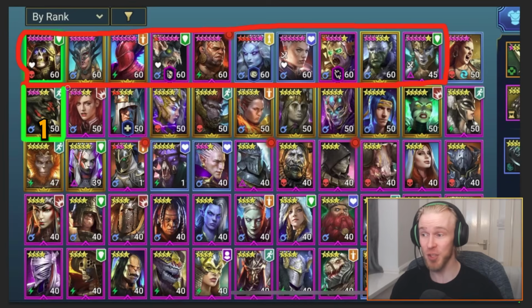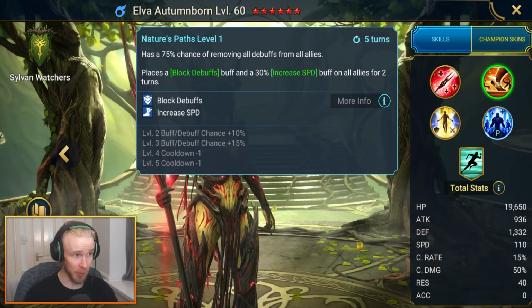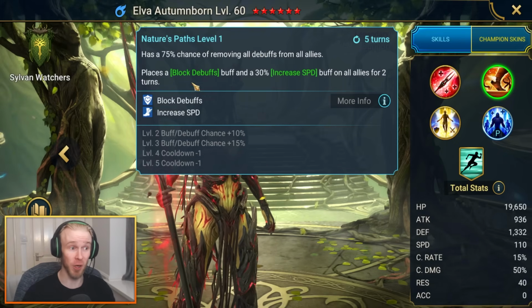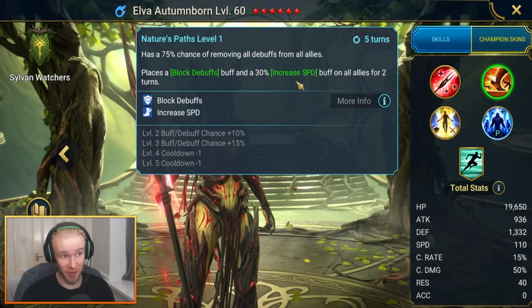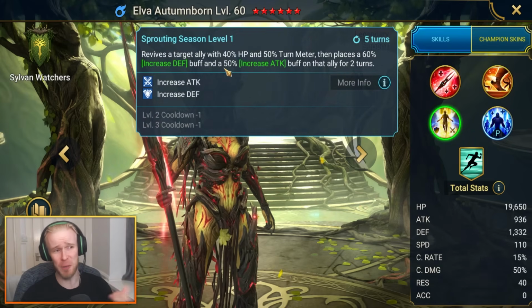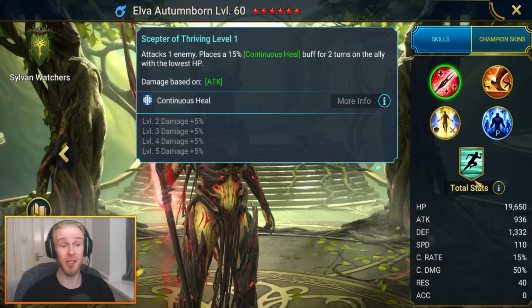If you're going to level your first increased speed buffer champion, why not make it one of the best ones in the game, right? She brings the increased speed aura in all battles. She also brings the increased speed buff, obviously. In the same skill where she brings the increased speed buff, she also brings debuff removal from all allies on a 3-turn cooldown when buffed, and places a block debuffs buff as well as the increased speed buff, all in the same skill. She brings a revive, which also buffs the person that you revive, some heals on her A1,